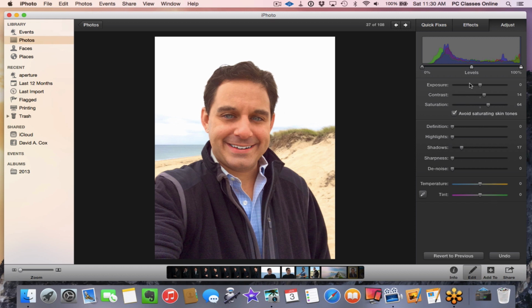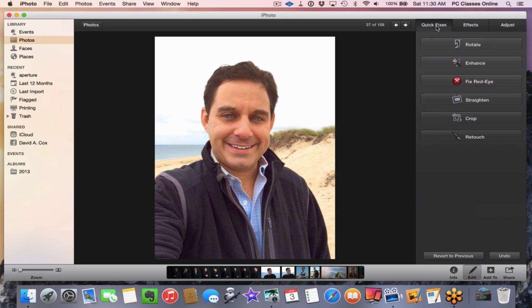But here you can also play with the exposure, contrast, definition, highlights, shadows, sharpness, denoise, and you can change the color temperature or change the tint of the photo. So all of those features are right there. That's your basic editing within iPhoto. The next feature we're going to talk about here